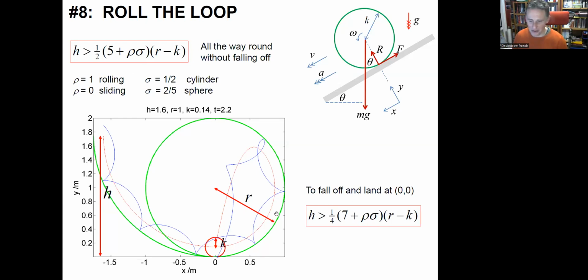There we go. So for those of you who are super keen on maths, that will keep you busy for a little while to work out. But if you do tackle one of these problems, you may not need to use a roll. You could just take something like a bead sliding down a slope. That might be a bit easier to work out. So that's when rho is 0. That's still a really rather cool problem.